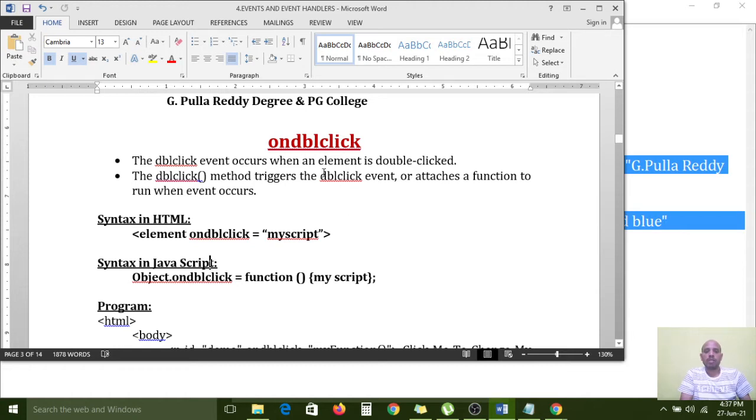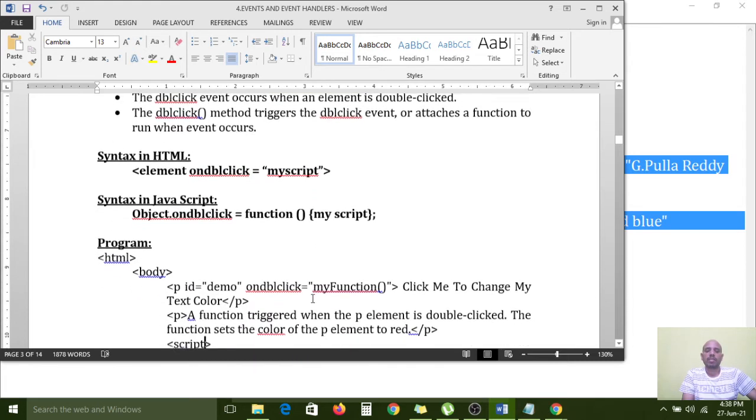So when you give a double click with the mouse, the dblclick event will immediately call the dblclick method, which again internally calls whatever function we have assigned with it, and that function will execute and take that action.